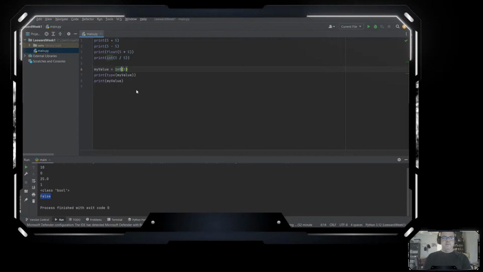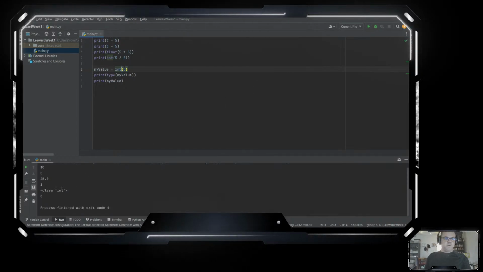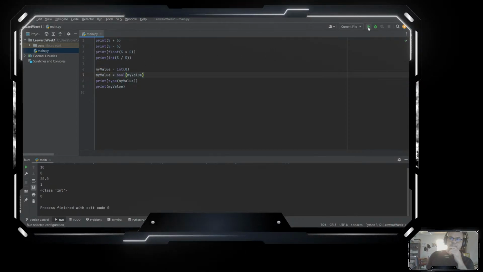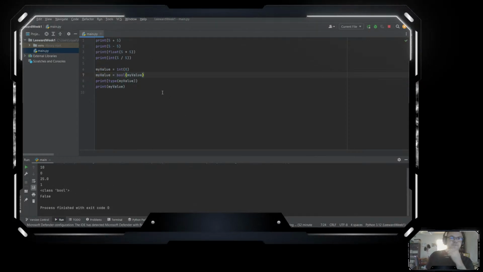Let's go int, see what it shows. Okay, it shows an int with a 0, and let's recast it. My value equals bool my value. Let's see what it gives us this time. Okay, it gave us a false this time. That's weird that the input